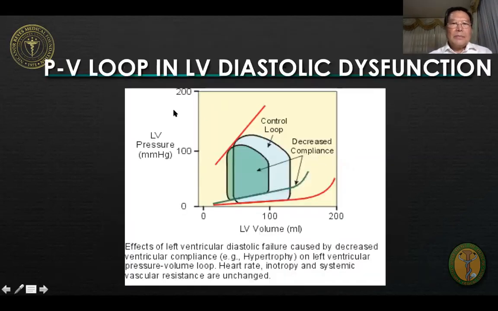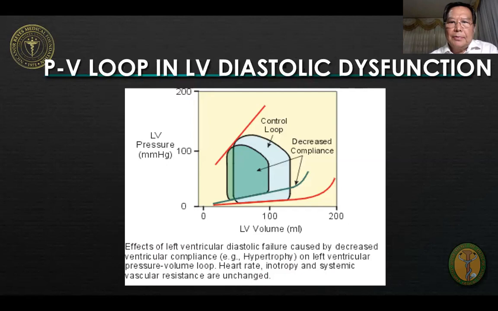Okay. Now this is a pressure volume loop in patients with diastolic dysfunction. What is a good example of patients with left ventricular diastolic dysfunction? This is commonly seen in patients, for instance, with uncontrolled hypertension, wherein the left ventricle undergoes some form of concentric remodeling or concentric hypertrophy, so that this would now give us an abnormal or different configuration of your pressure volume